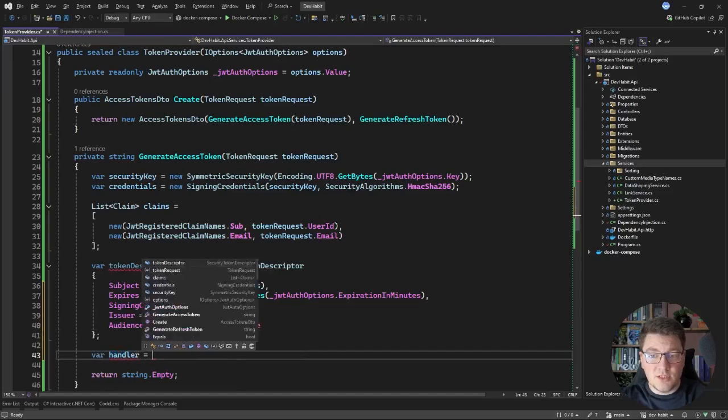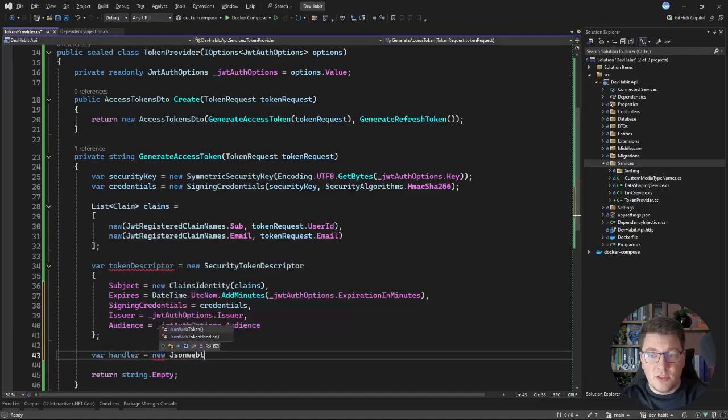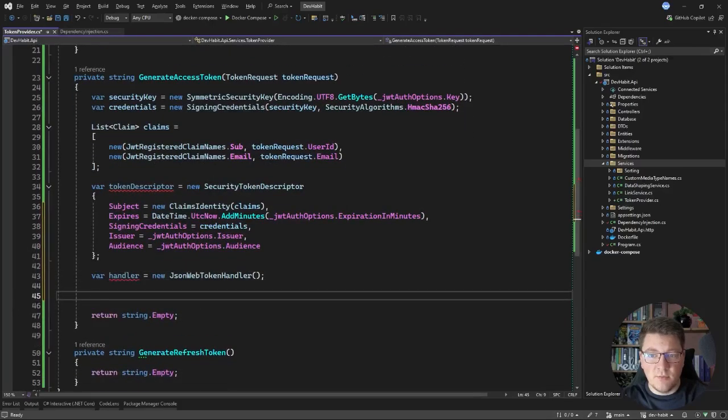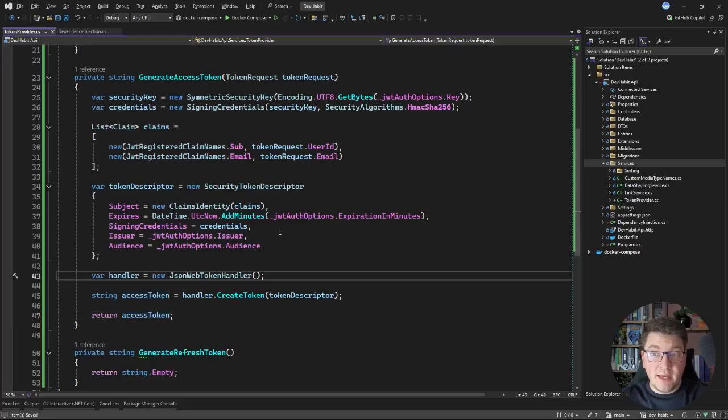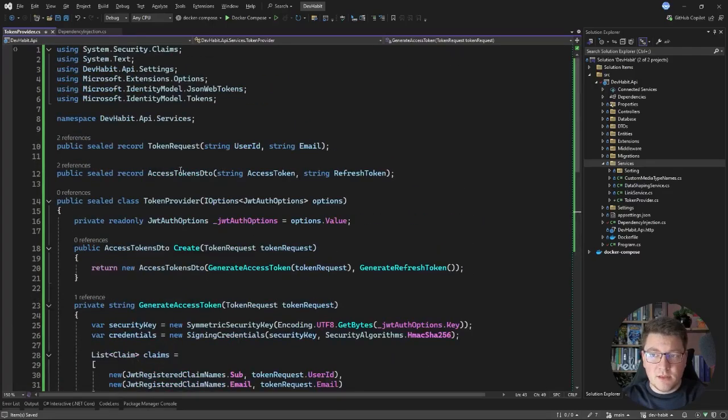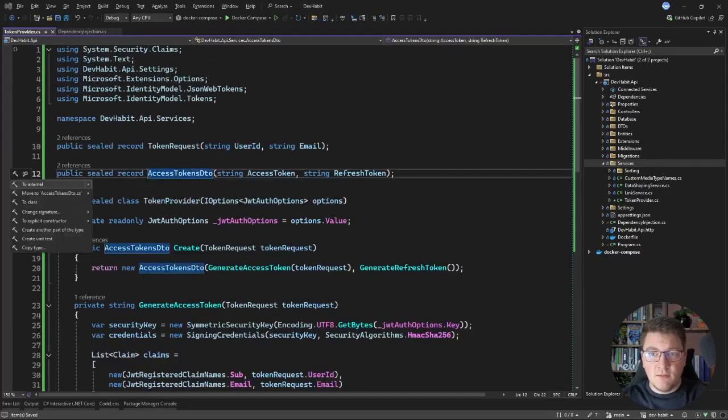Then I'm going to initialize a new handler, and I will use the JsonWebTokenHandler type. This type exposes a simple method that allows me to get back an access token, and I just need to call CreateToken and pass in the token descriptor. Now I can reasonably expect that this value will not be null, and I can return it as the result of this method. So now that we have the TokenProvider, let's move around these types a little. I will move the